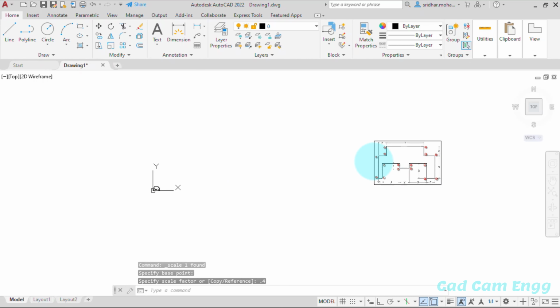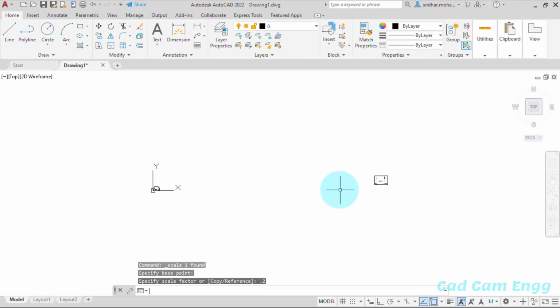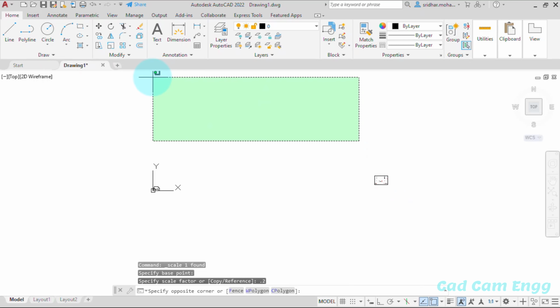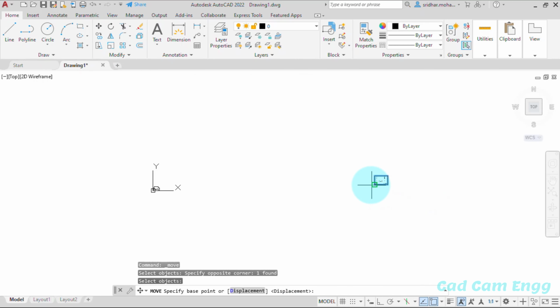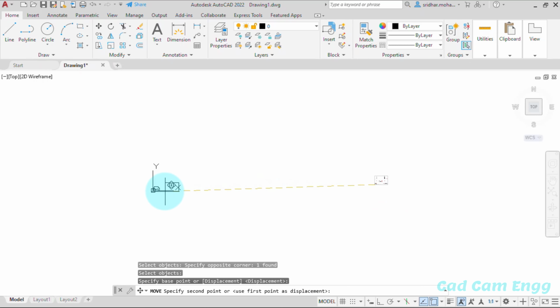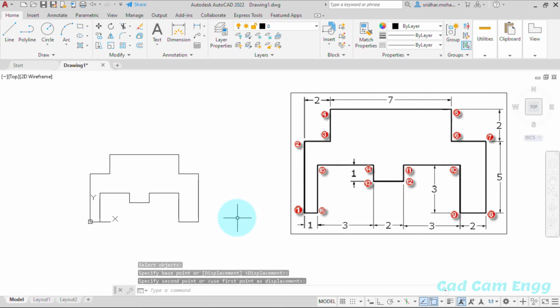If you still want to reduce it, same like this, select, go to scale, select, and again I give 0.2. See, now it is mostly the same. Then again go to move, select the image, enter, any point, pick and place it at the nearest place. Okay. So like this we control the images.